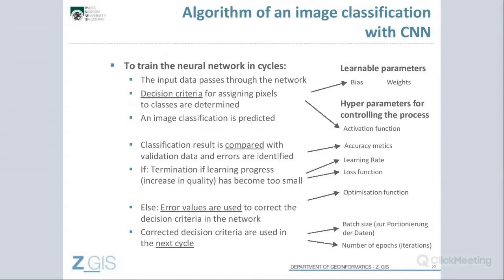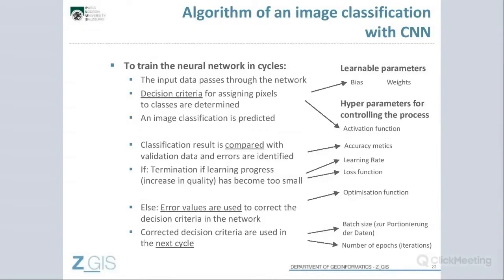So how does this algorithm work? You train the neural network in cycles. So the input data passes through the network, and then decision criteria for assigning pixels to classes are determined, which are these biases and weights. And then an image classification is predicted. And the classification result is compared with validation data, and errors are identified.